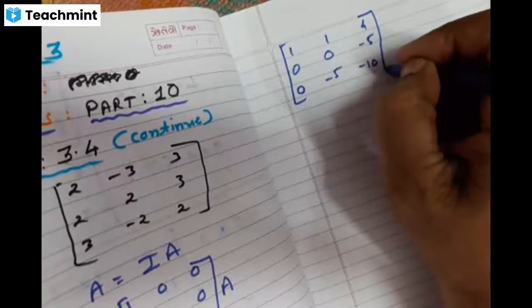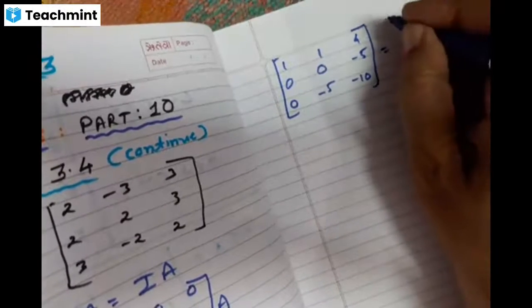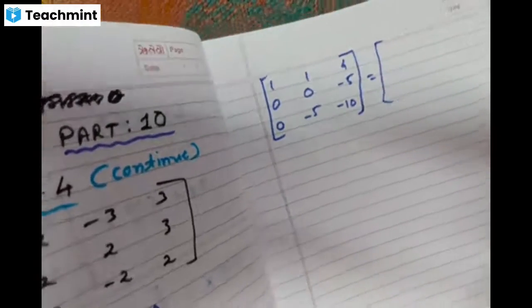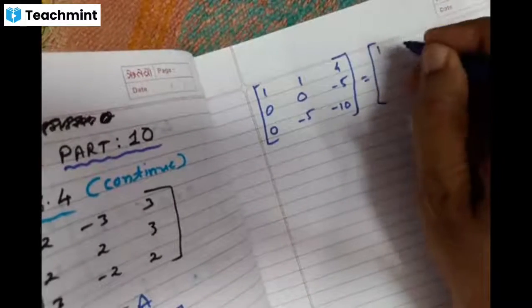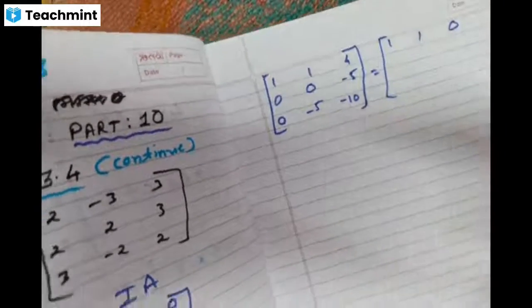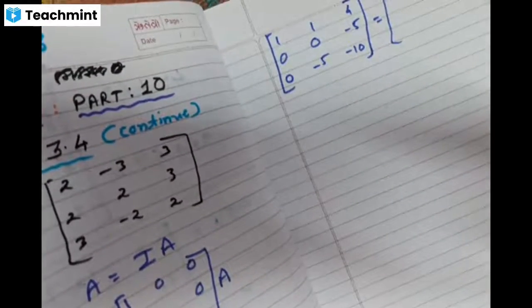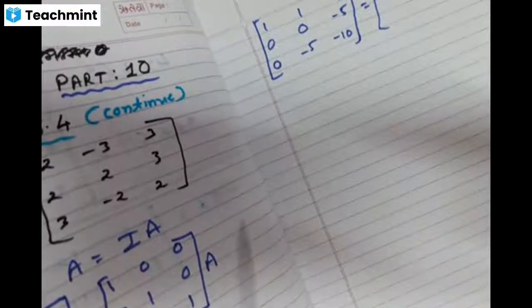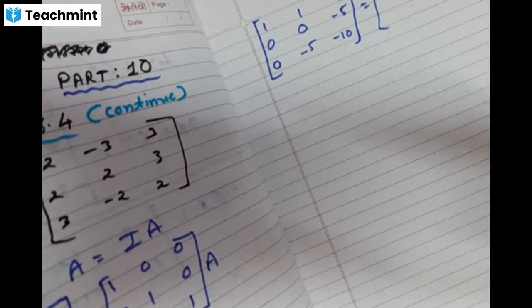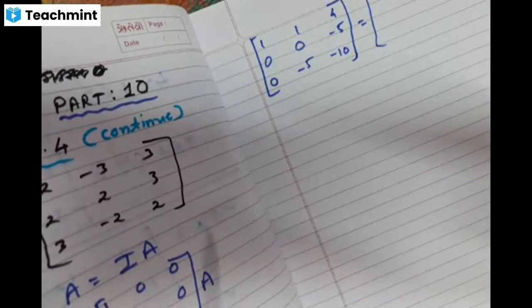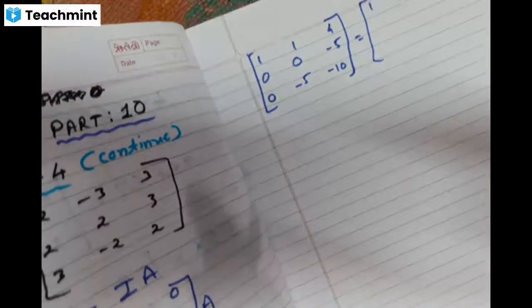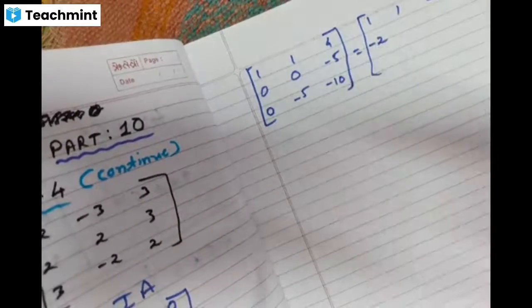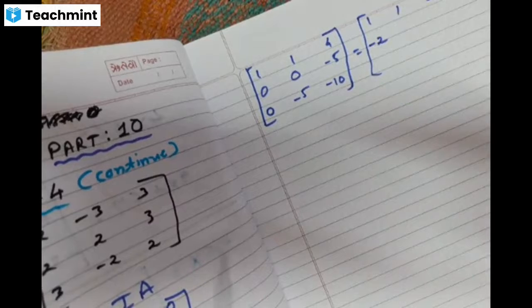These are the numbers coming after applying the operation, and the same operation we have to apply on the right hand side also. Now see, this is 1 1 0, first row no change. Second row, R2 goes to R2 minus 2R1. Right now R2 is 0 1 0. That minus 2R1 we will do. So 0 minus 2R1, so it will be minus 2. 1 minus 2R1.